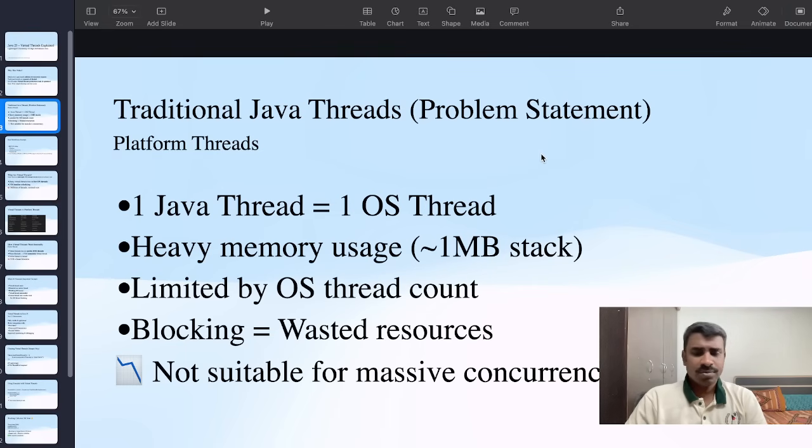It is blocking, which means resources get blocked when you are running multiple threads, because that many OS threads are used for these traditional Java threads, right? So it's not suitable for massive concurrency. In earlier Java versions, we were using traditional threads. That we know. Up to a level we can achieve multi-threading and concurrency, but nowadays it is more scalable and allows massive concurrency with virtual threads.